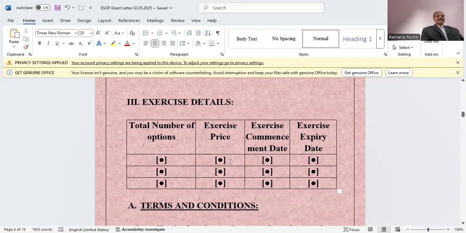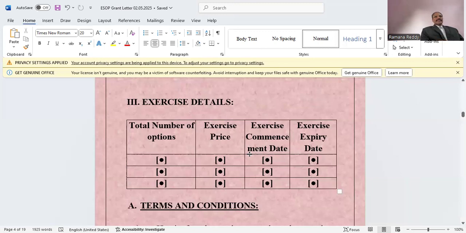For example, it is the face value of 10 rupees. So the exercise commencement date, in the example we already told, is the first vesting date, 1st June 2026, after 1 year. That is 30% of his options, which will be vested on 1st June 2026. Suppose it is 100 shares, the exercise price is 10 rupees. So 10 into 100, 1000 rupees. If 1000 rupees is available with him, he will pay 1000 rupees and he will exercise.